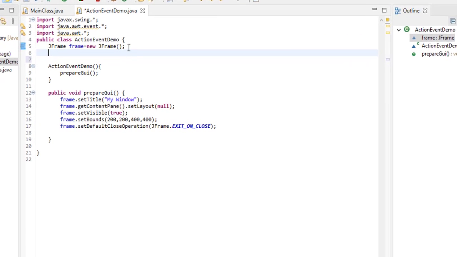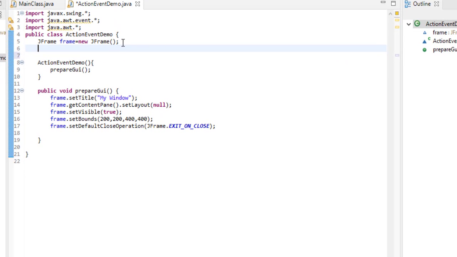Now we will create the button and set its properties, and then we will add the button to the JFrame. So to create a button, create the object of the JButton class.